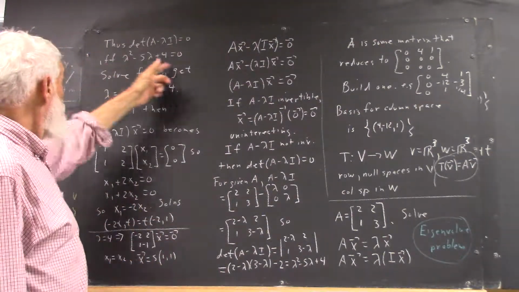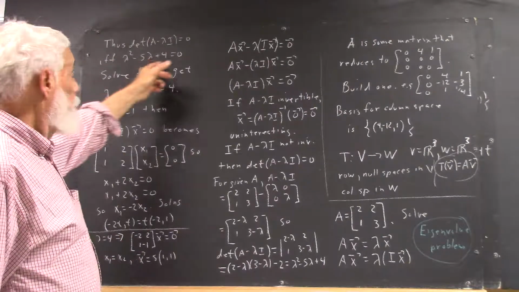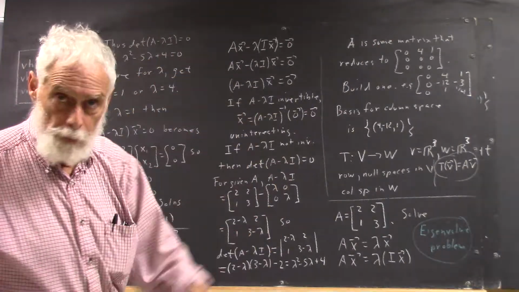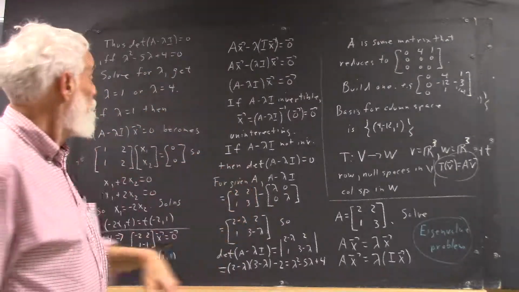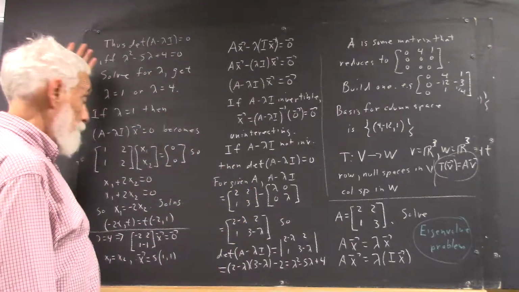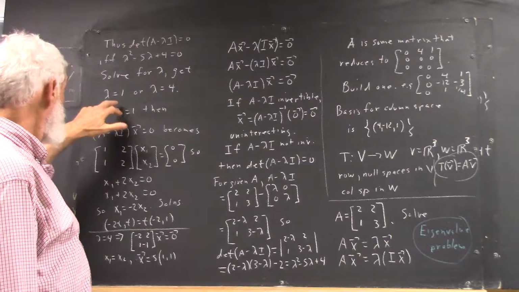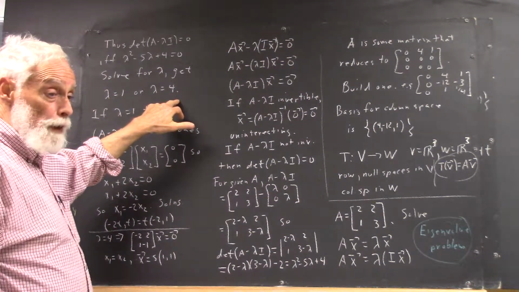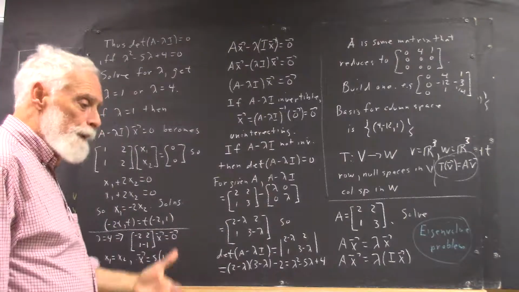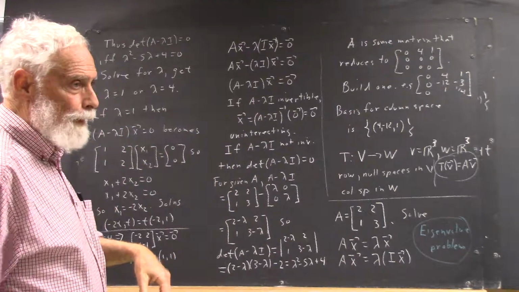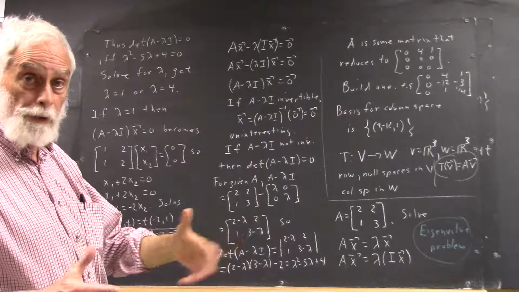Now in this case, this thing is very easily factored, so we don't need to resort to the quadratic formula. Since we can factor it over the real numbers, we know that it has a solution. So the solution is lambda equals 1 or lambda equals 4. Now, maybe if we didn't see to factor that, we would at least check out the discriminant to see if